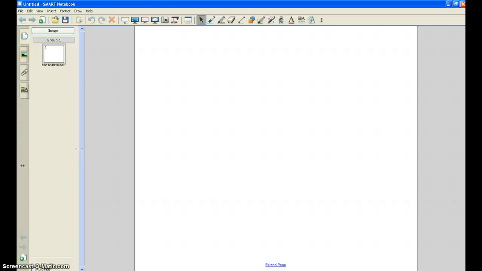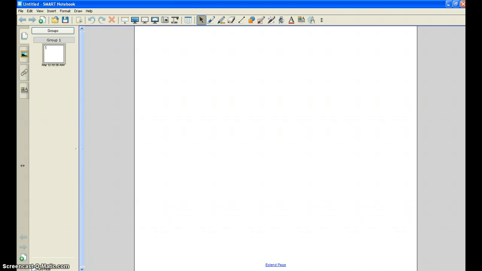So tomorrow you're going to be getting on Smart Notebook software to create your interactive map. When you get on, you will see that you have a template already set up for you. This is just a basic tutorial to make sure that you were able to do what was on your checklist. So the first thing that was on your checklist was for you to be able to change the color, font,